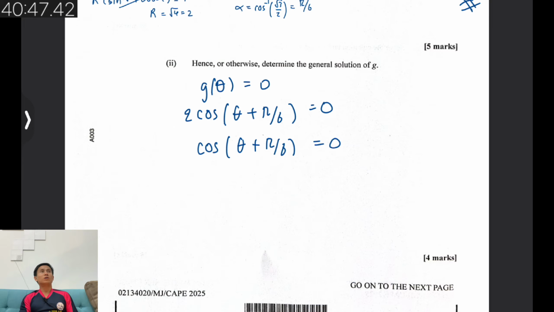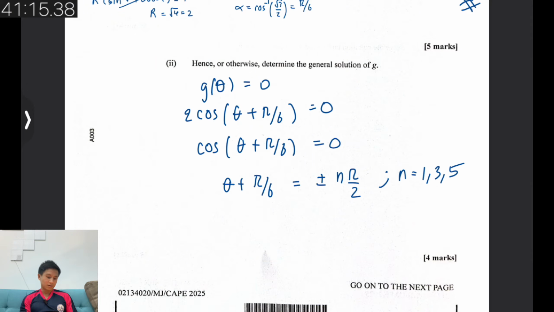So what cos gives you 0? It's pi over 2, cos pi over 2, or minus pi over 2, right? So theta plus pi over 6 here will be plus or minus n pi over 2. Is that right? And n is 1, 3, 5. So let's do better there, because n has to be an odd number. So let's do 2n minus 1 pi over 2 like that,